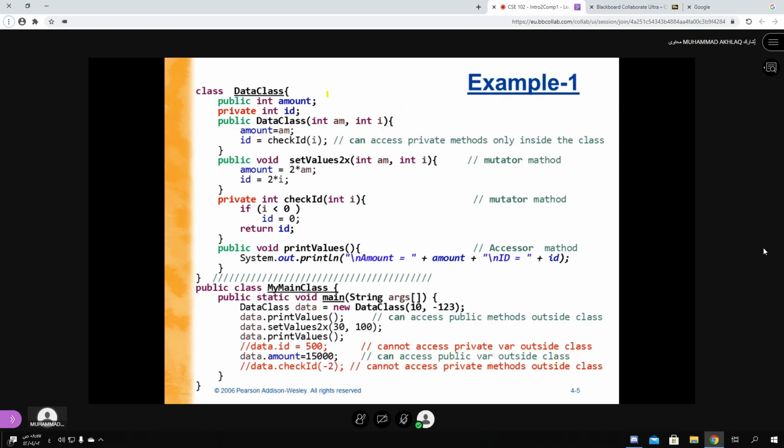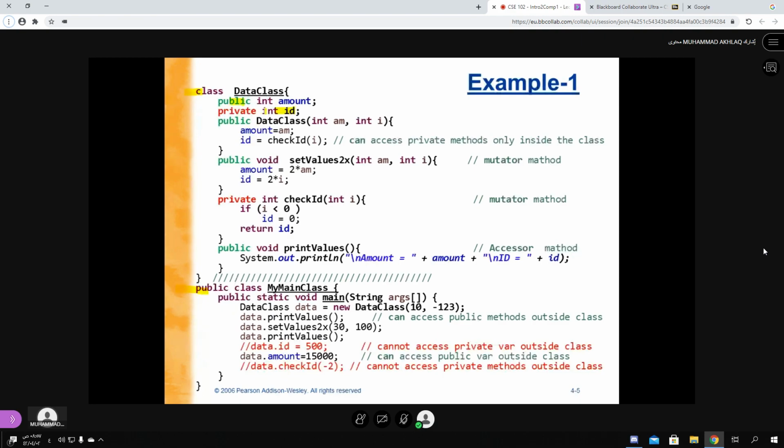Here is one example, and it clarifies: for example, this amount is public and ID is private. So inside main, you can see this is one class, this is another class. The main class is here. So if I access amount directly, it is accessible.